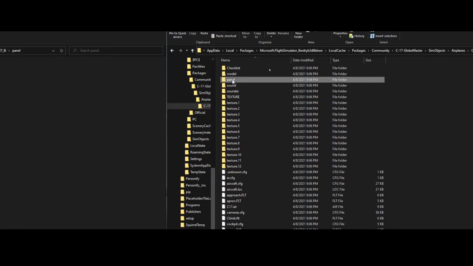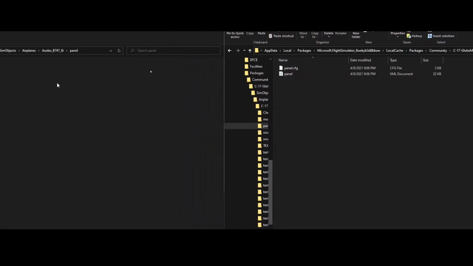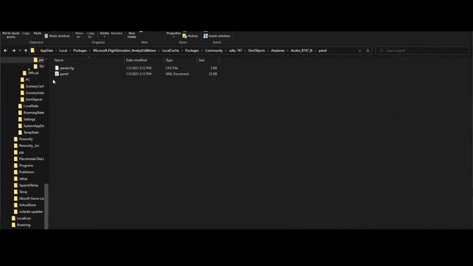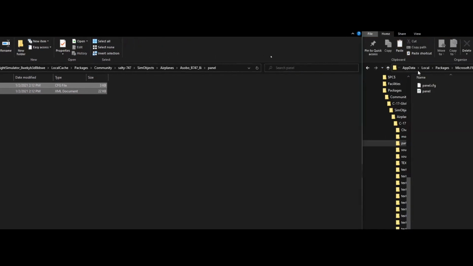So what we need to do is go inside the panel directory. These are the files which we need to replace, and to show you with which files we need to replace it, we need to go to the Salty directory. In the community folder you've got the Salty directory, which contains the sim objects, airplanes, Asobo B747-8i, and then panel. Simply copy these files, then go over to the other folder